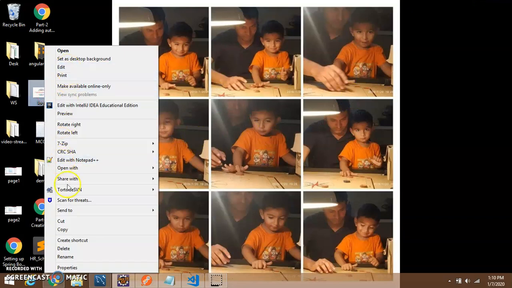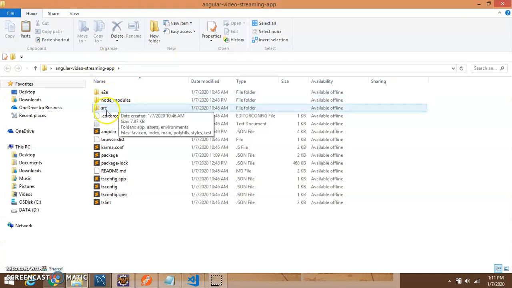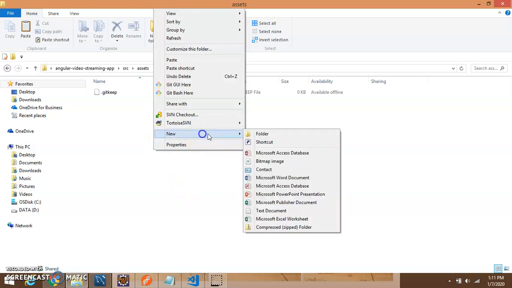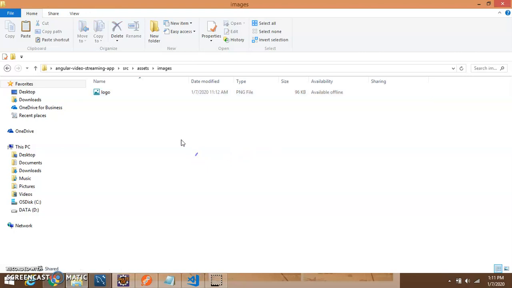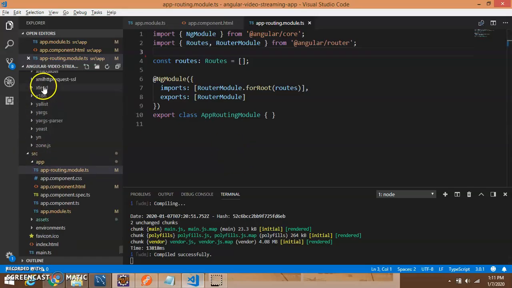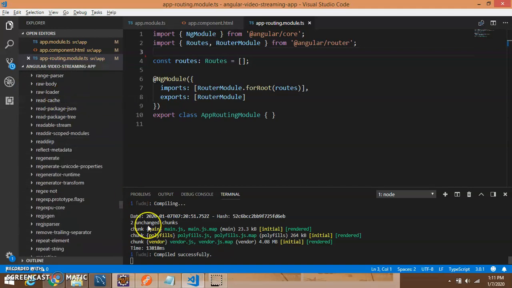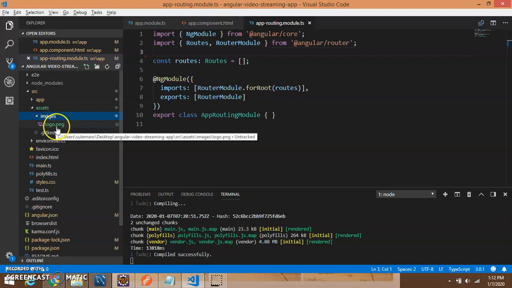I have this logo. You can put your logo according to your needs. I'll go to that project, and in the src assets folder you can keep your images. So in the images I'm going to put this logo. If you just see here, it will reflect into your project. So in the assets folder, you can see the images folder is there, and then we have the logo.png saved